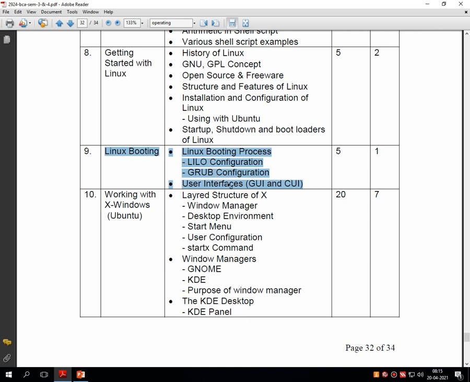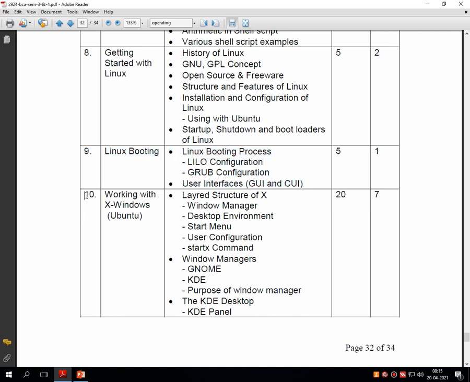In this entire syllabus, we have considered a single Linux-like operating system, which is called Ubuntu. So all this discussion is dedicated to Ubuntu only. So this was all about the Linux booting process that we will find during the practical usage of Ubuntu.